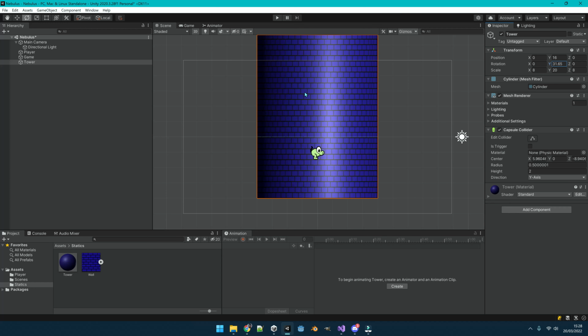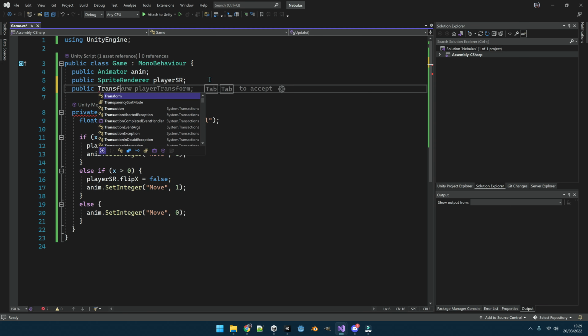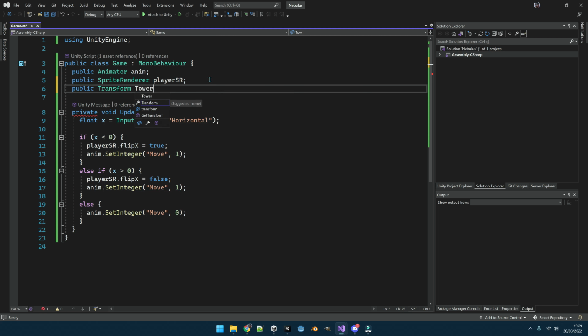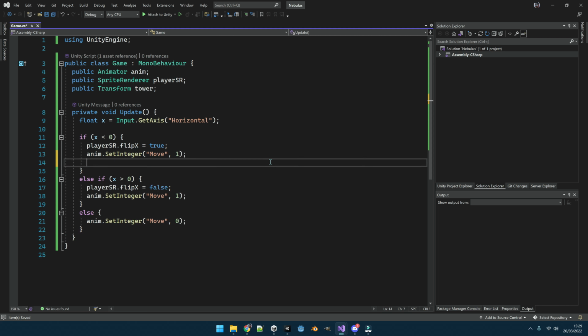So we can rotate the tower at 0 cost, because literally it costs 0 for us to do this rotation. Let's get a reference to the tower in our game code. That is just a transform, public transform tower. And let's do some movement here. We are just going to change the rotation. So tower rotation